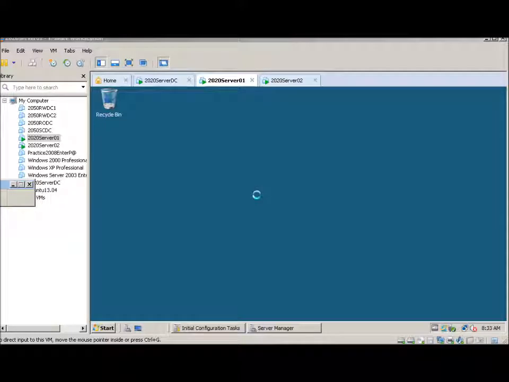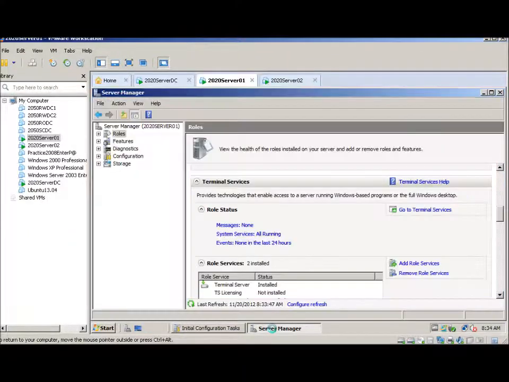We're going to be installing a terminal server web role server. On 10.2 it wanted us to install the web role, and I'm actually running mine on Server 01. I've already installed the terminal server services. Now it wanted us to add the terminal service web role, so I went back into terminal server